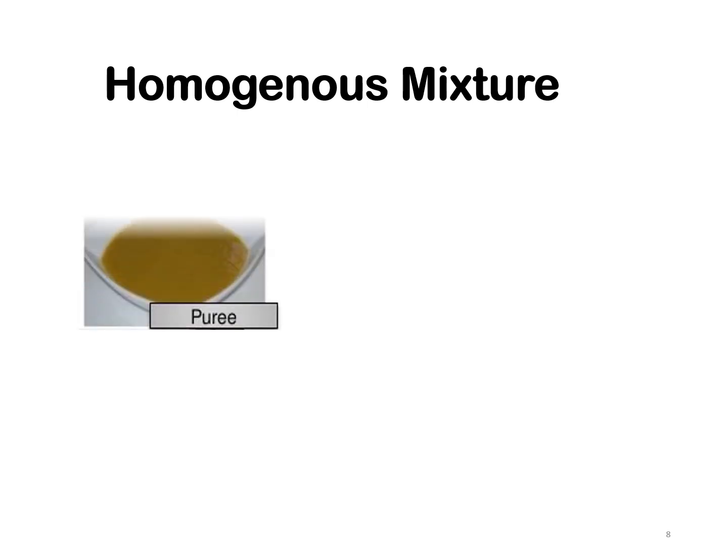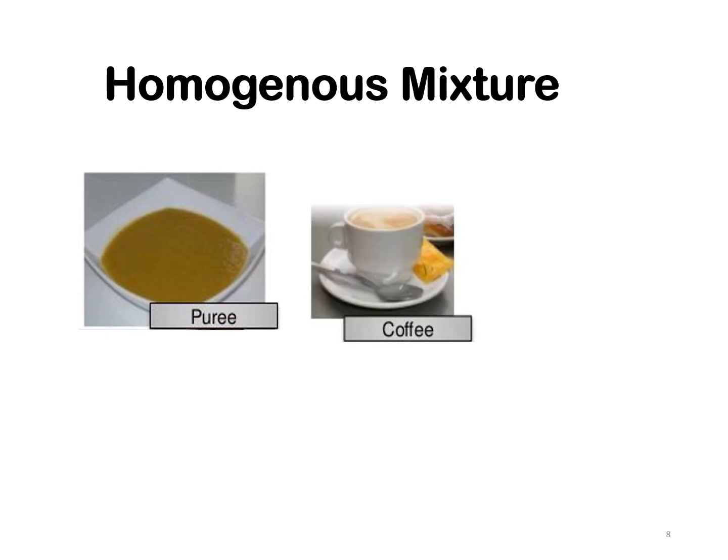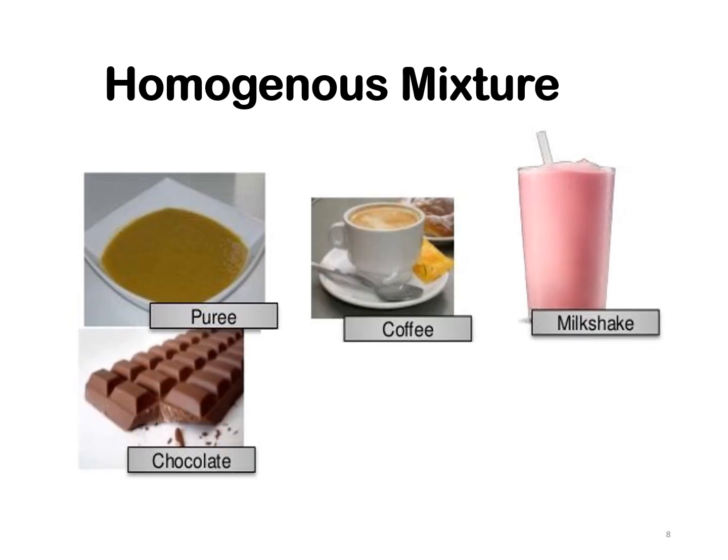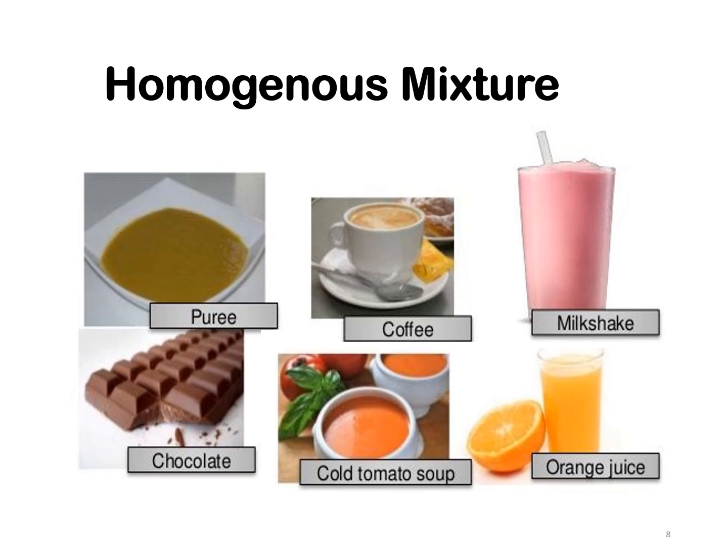So what is a homogeneous mixture? A homogeneous mixture is a mixture which contains only one phase, like puri, coffee, milkshake, chocolate, cold tomato soup, and orange juice. These are homogeneous mixtures. Whereas in a heterogeneous mixture, there is more than one phase,